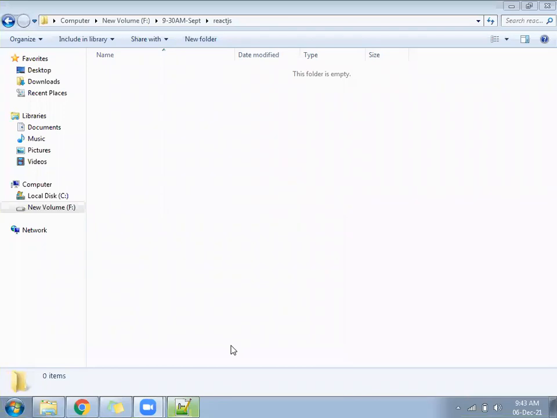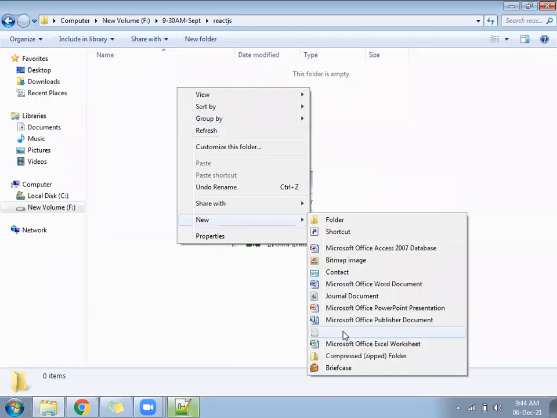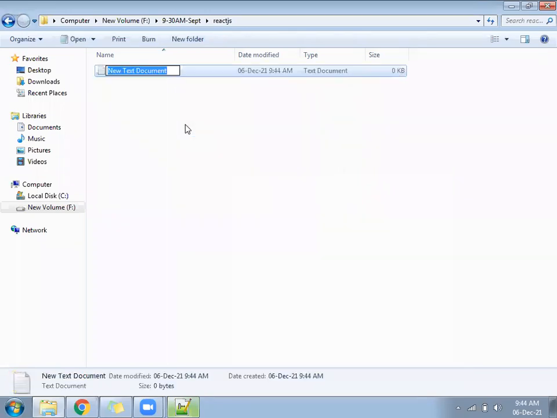Inside the React.js folder, we will create a file called documentation, or maybe developer guide.